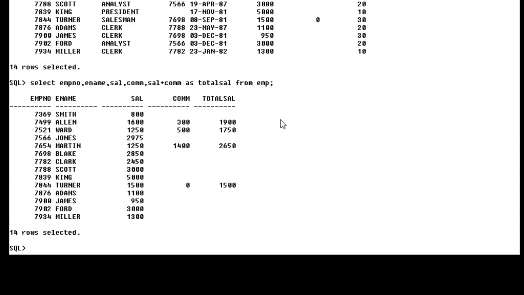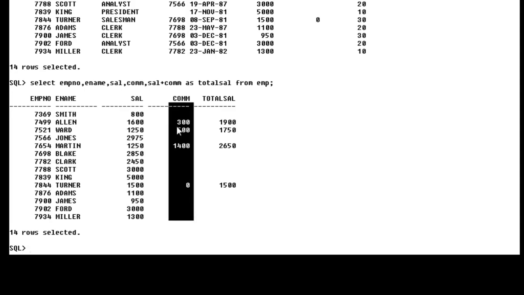Okay, now here it is the total salary, but you can see that here no calculation, here also no calculation, and here also no calculation. It means the employee has an actual salary but no commission, meaning in the commission column there is a null value.